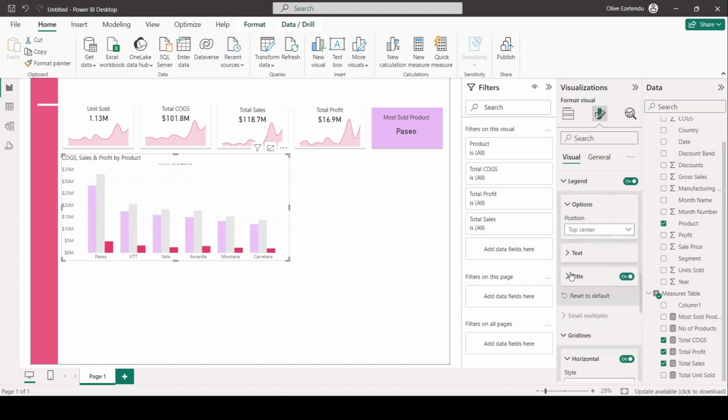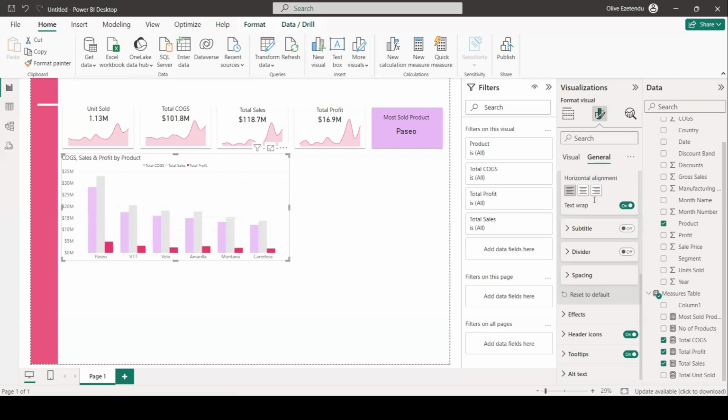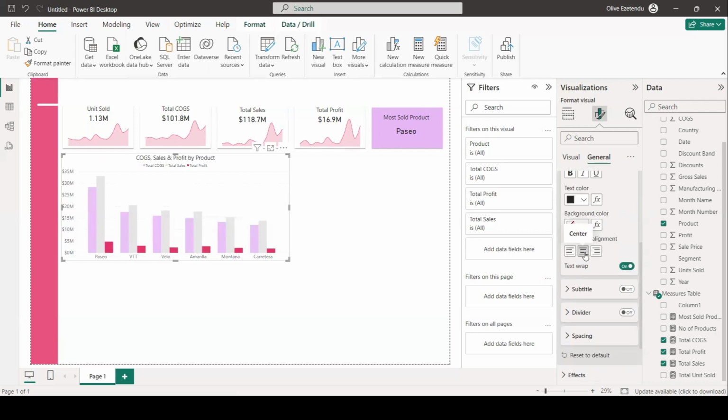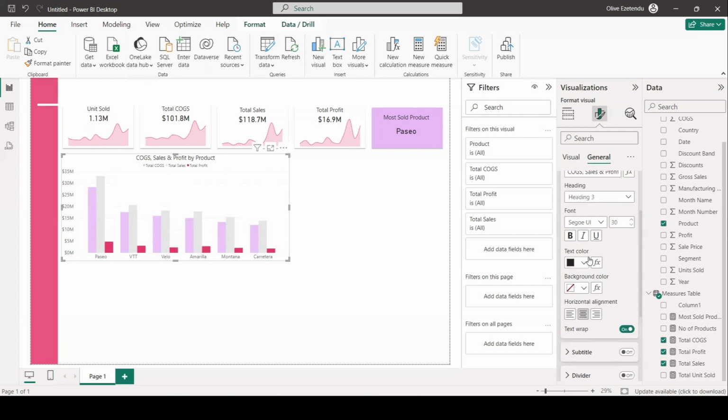Come to your legend, come to text, and make the legend text like 20. Okay, this is better, right? So we're going to come back to our general now, and we're going to align this in the middle so it stays right there. Effect,